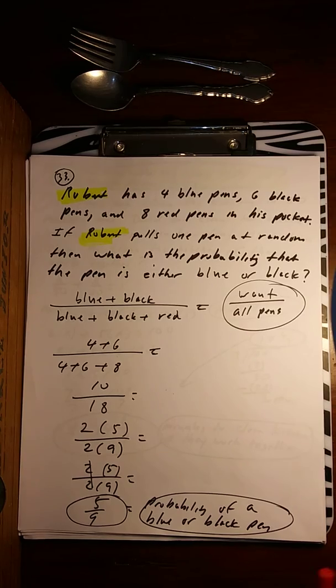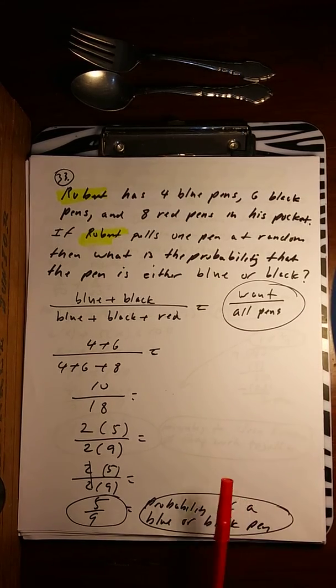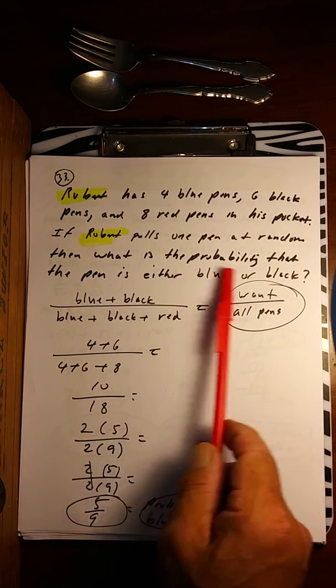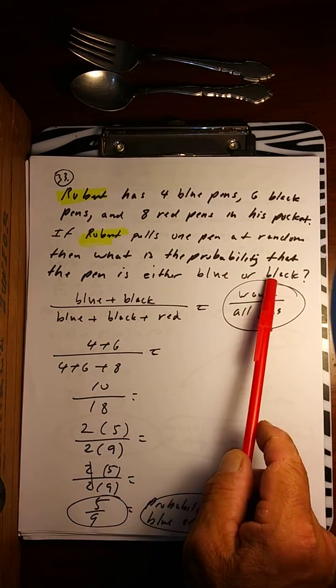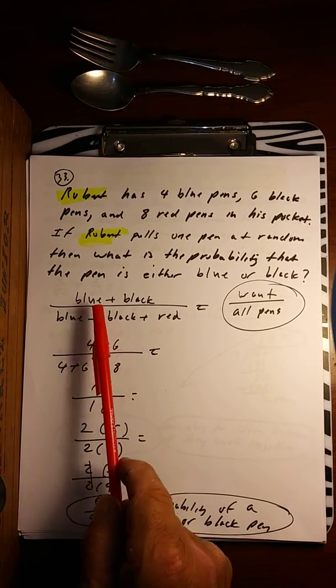Robert has 4 blue pens, 6 black pens, and 8 red pens in his pocket. If Robert pulls one pen at random, then what is the probability that the pen is either blue or black? So we want either blue or black,